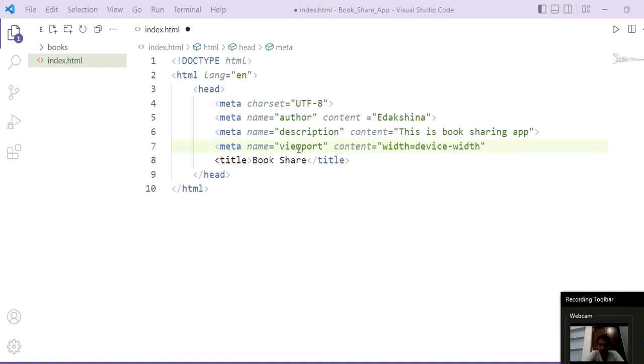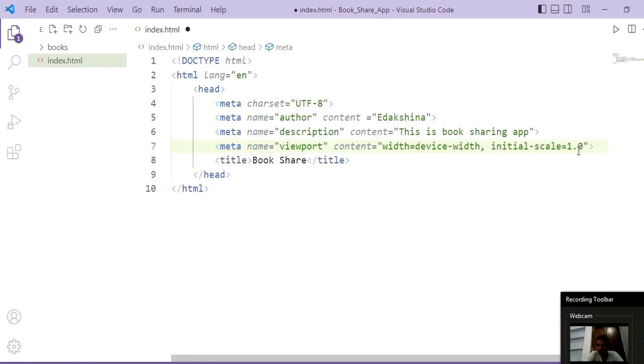Width is going to be equal to device-width. Okay, so viewport क्या होता है? viewport हमारा जो डिवाइस है उसकी सेटिंग्स होती हैं. सो हमने क्या किया, हमारा जो कंटेंट है उसकी जो विड्थ होगी वो डिवाइस की विड्थ के अकॉर्डिंग सेट हो जाएगी. सो हो सकता है हम ये ऐप मोबाइल में देखें या किसी आईपैड में देखें या लैपटॉप पे और कंप्यूटर. सो दिस विड्थ इज गोइंग टू एडजस्ट according to the device width. Okay, comma, initial-scale 1.0, then close the tag.